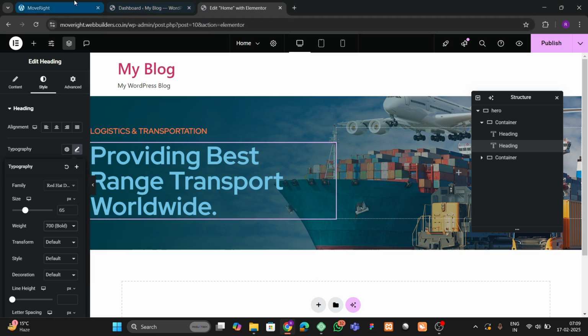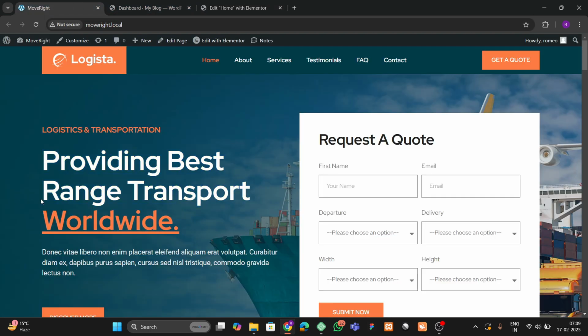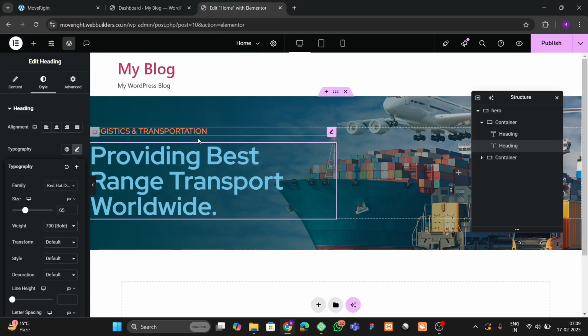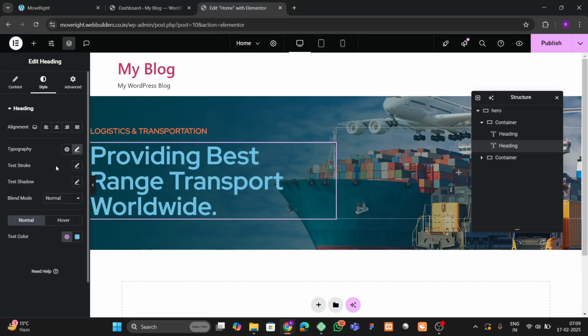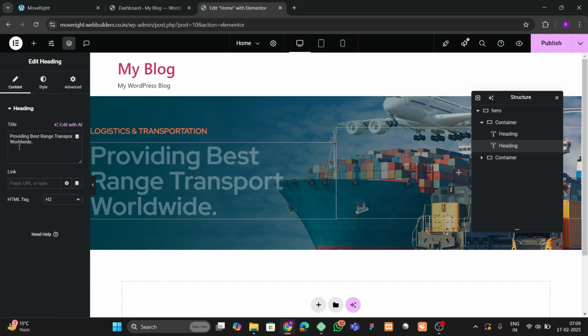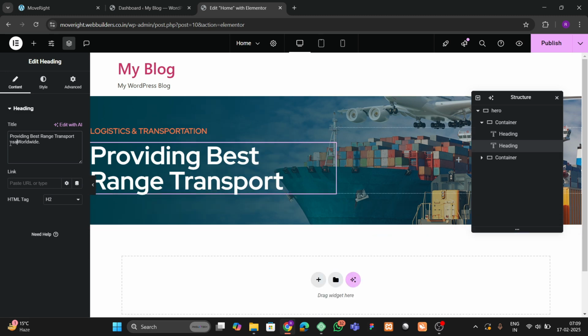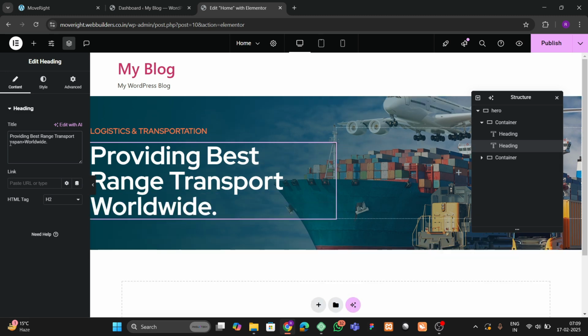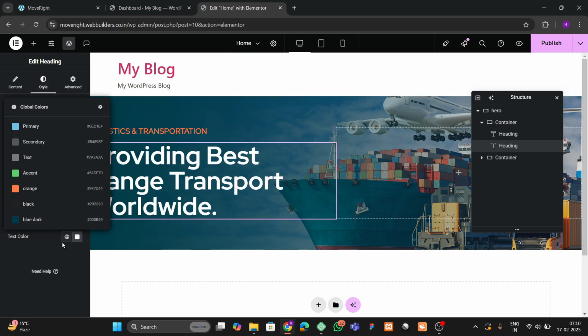Okay, now you can see that this color is half white, and we are using this with an underline. So how are we going to do that? For doing that, first we have to choose the whitish color, and for the word we have to add an HTML span tag here. So here we're going to write the HTML span tag, and here we have to open a style attribute, and here we're going to enter color. So let me choose the color code of this. It is